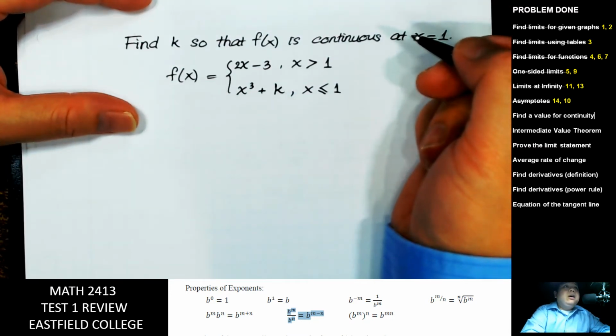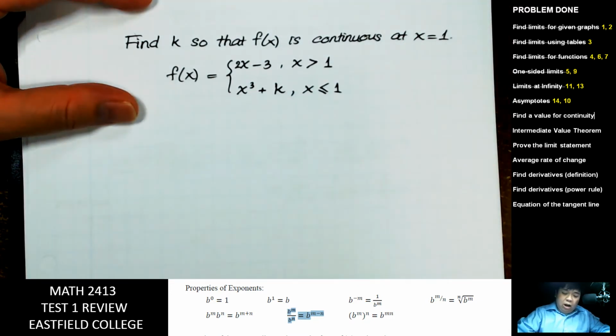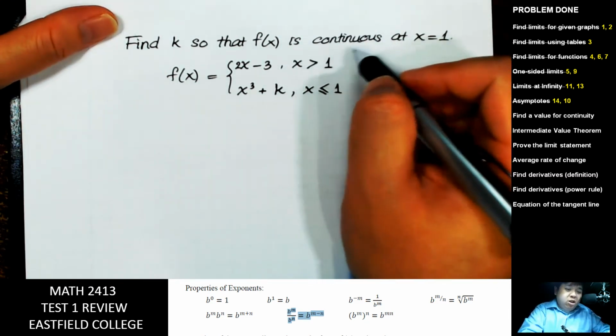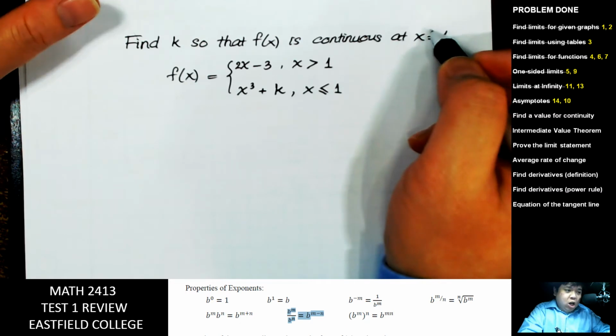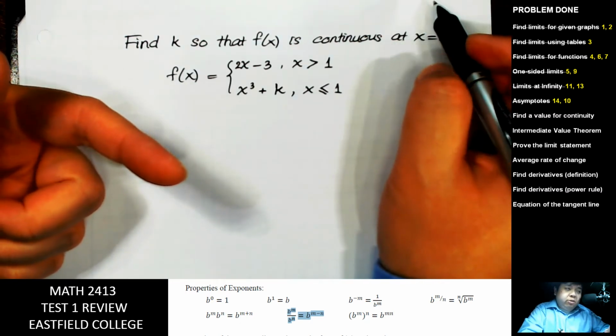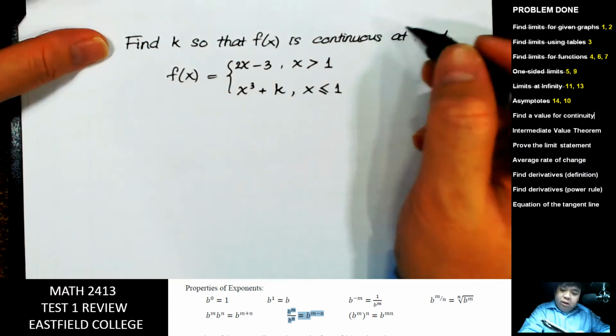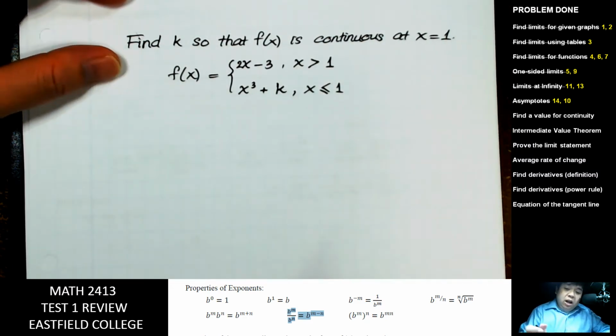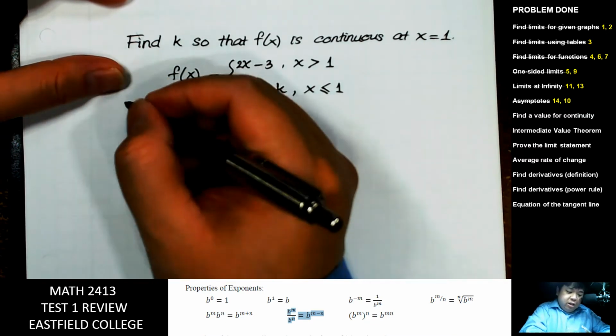Alright. For a problem like that, we just need to make sure the function is continuous at 1. So we need three things: the limit exists, the function is defined, and they are equal. We need to check that the limit exists. Pretty much we find the limit of the function